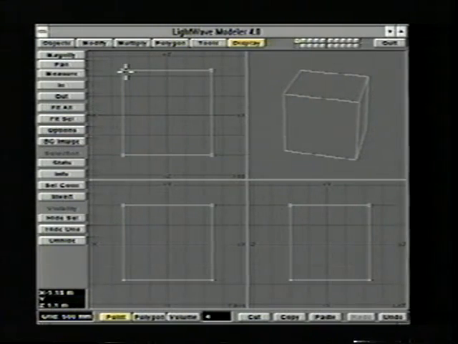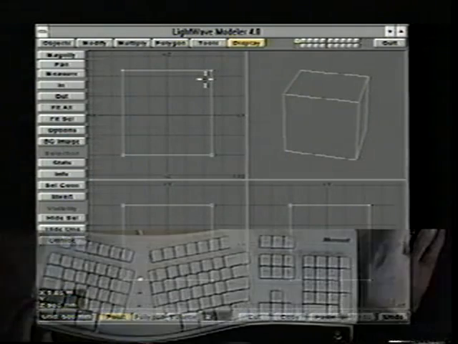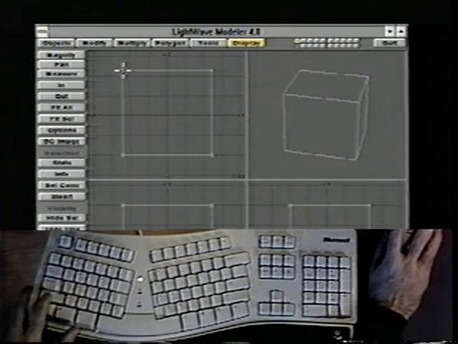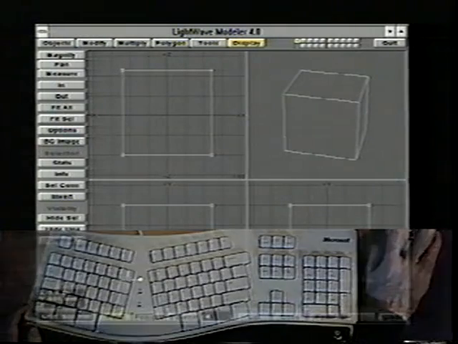deselect these. And to do that, since we've let go of the mouse button after we've selected them, all I have to do is hold the mouse button down again and run my cursor over those points. Okay, if I want to reselect these points, there's a couple of ways of doing that. I can hold the Shift key down and select them. But remember, since I'm doing it from the top view, I also selected the bottom one, so I may want